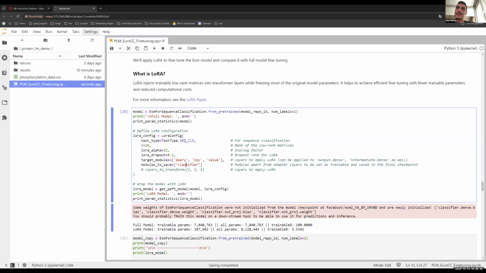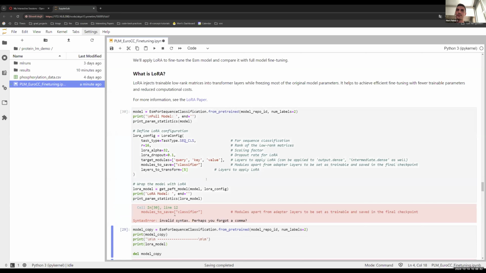You can think like that. And also, if you want, you can just apply LoRa to the last layer, not all the layers. If you don't define layers to transform, it applies LoRa to all the layers. But for example, sorry,